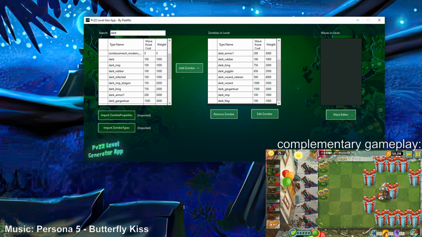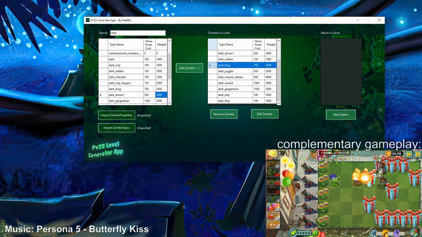Because all of the basic zombies have 1000 and all of the specials have 2 or 3, if it can afford both basics and these more special zombies, because the special zombies have a higher weight, it's more likely to spawn the more special ones. Okay, now that I got that out of the way,